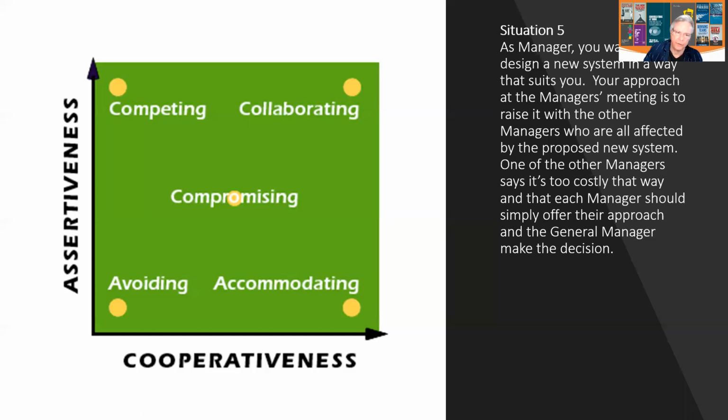So I think the solution here is to compromise. So I might say to the other person, look, how about we discuss this first? And by the end of the meeting, if we can't agree on a way forward, then I suggest we take your option and bump it upstairs. So I've compromised. I've given myself time and space to argue my point. And also, of course, I'm conceding that if I can't convince the rest of the team, then it might well be useful for the general manager to make the decision.